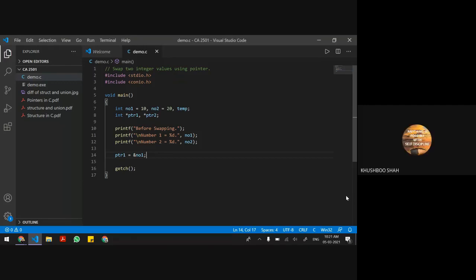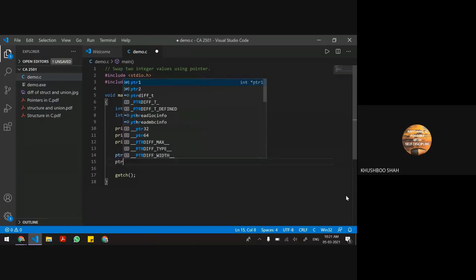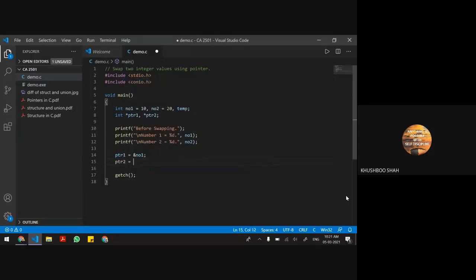Yes, ma'am. Okay, now the second statement for PTR2 and NO2. Write down, Kandar. Right, perfect. So now what is the logic of swapping? It's easy and we all know. Just write down the general logic.